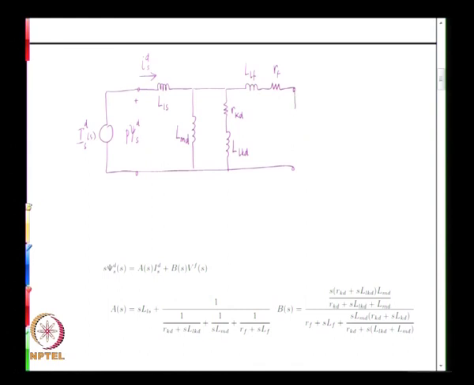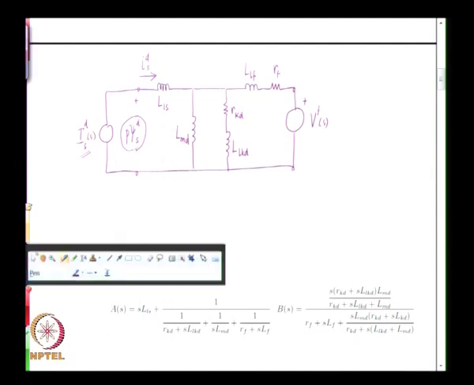There is a voltage source here, that is V of s, and what we want to write is an expression for the voltage here, that is S psi d of s. So, how does one do that? This being a voltage source, you apply superposition because there are two sources. In order to determine the response due to this source, we deactivate this source, that means short this source, and